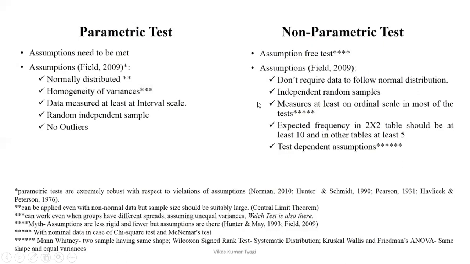The measures are at least on ordinal scale in most of the tests. So it could be your dependent variable could either be ordinal, interval, or ratio, but not nominal for this case. Expected frequency in 2x2 tables should be at least 10, and in other tables, at least 5. And of course, you have to test dependent